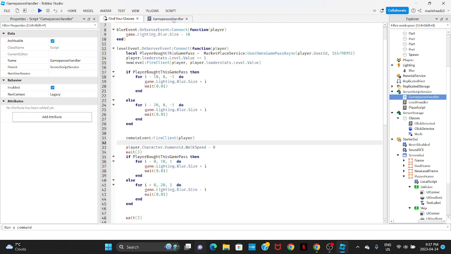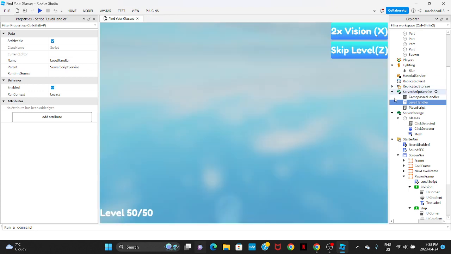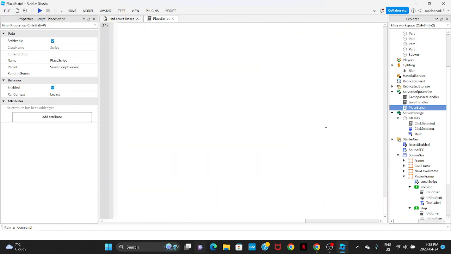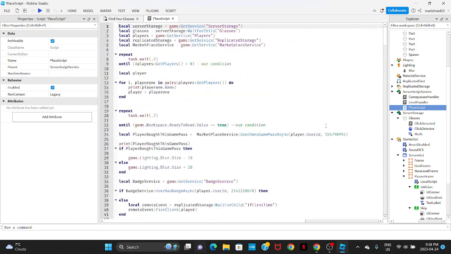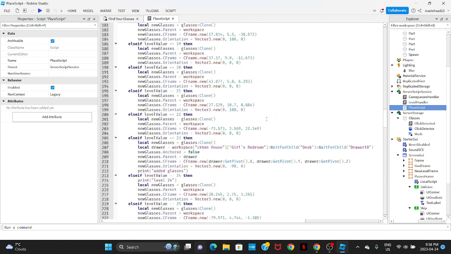And there is another script here called Level Handler, and this one is just augmenting it and setting it inside of the data store. So actually changing it inside the data store so it doesn't get lost. We might go into more detail later. Okay, this one is literally huge. Yeah, I remember doing this script. This script is literally huge. It was such a pain, but basically,